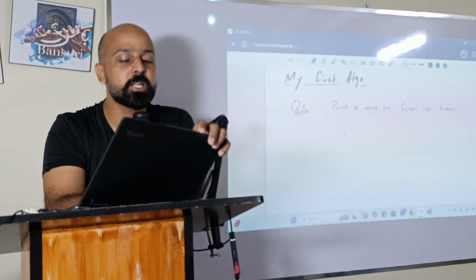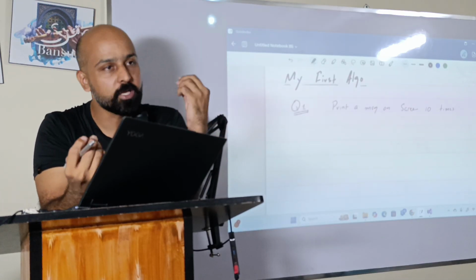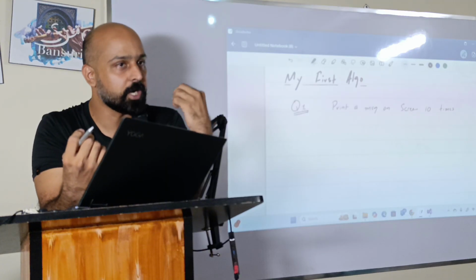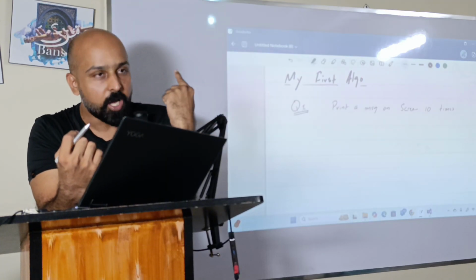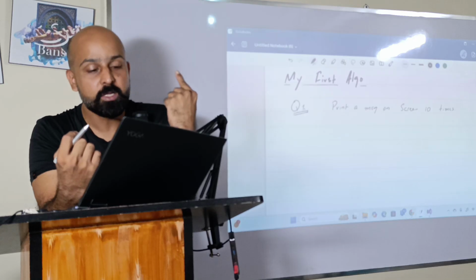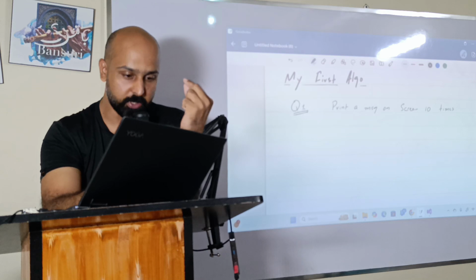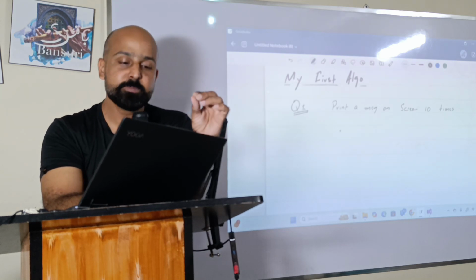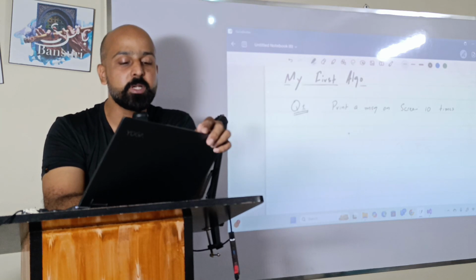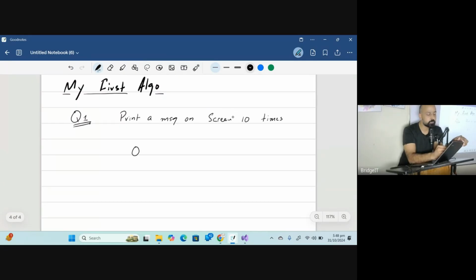The very first thing that we need to learn, because through this we will be learning how to write it in pseudocode, how to start, how to loop, how to iterate, and there will be some intrinsic details in this whole small thing. I'm going to put all the details in. So let's say if you wanted to print your name on the screen, you can write something like that: output. The message can be anything, can be your name, can be a message.